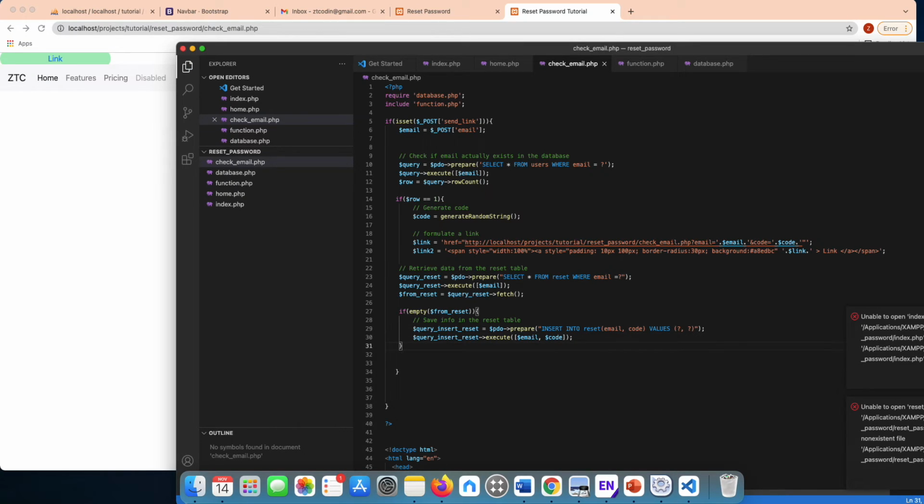All right, if the user already requested and there's already the code in the table, we don't want to keep inserting into the table. We just want to update the table with the new code that has been generated, right? So we can just copy this one, but instead of saying insert, we're going to say update, update reset,